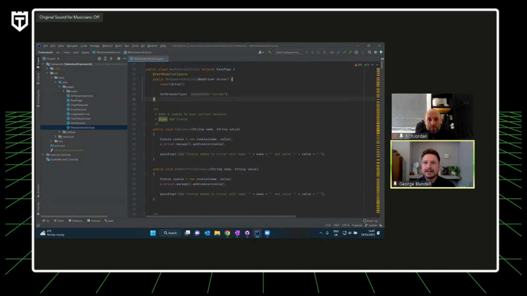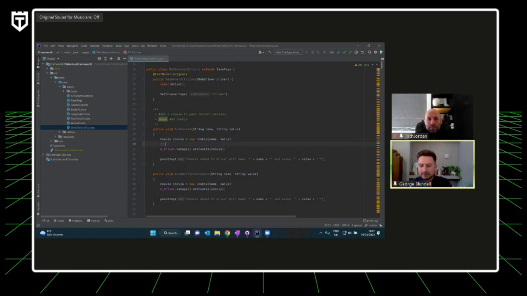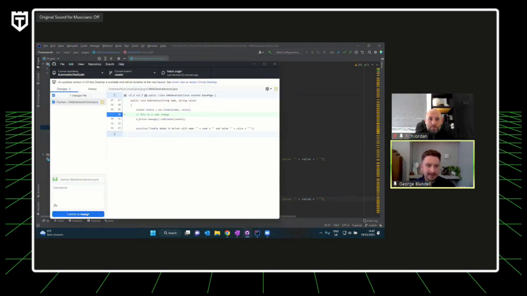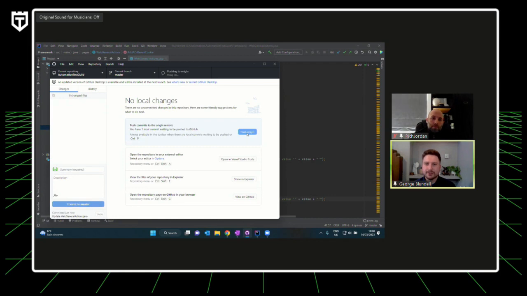So let's say we have a team of automation engineers who are responsible for maintaining the frameworks, the classes, and the functions that you use for your automation. That person can come in here and create a code change, for example. Then what that person would do in this instance is go to GitHub Desktop, which I've got here, and push that up into my Git repository.